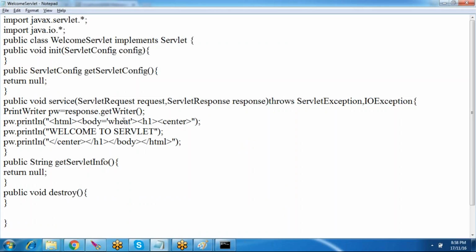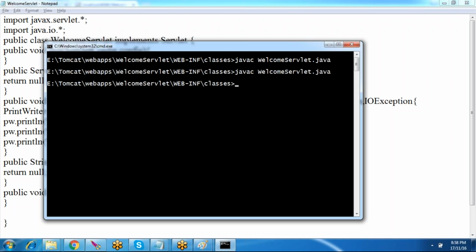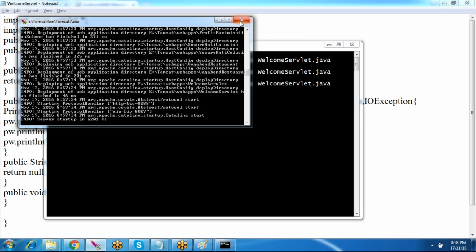here the wheat spelling is correct, right? After HTML only we give the body tag. In the body, what you are giving, you have to specify that, right? So BG color. So I want to specify the background color. Again you have to compile. Again you have to restart. So close it,